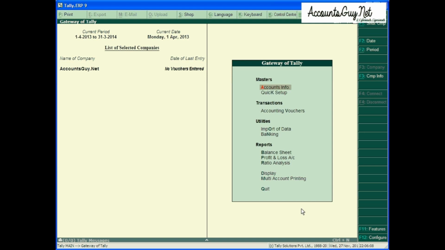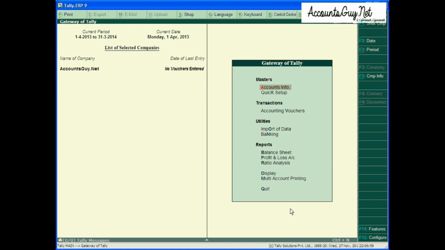In this video, I am going to show you how to take a backup of a company from Tally ERP9 software, and as well how we can restore a company into Tally ERP9 software. Most of the people think that backing up the company accounts in Tally software is nothing but just copy and pasting the company accounts folder available in data folder.